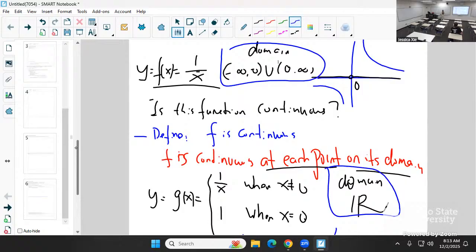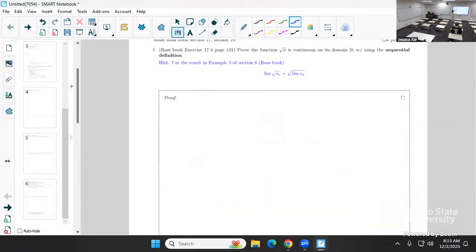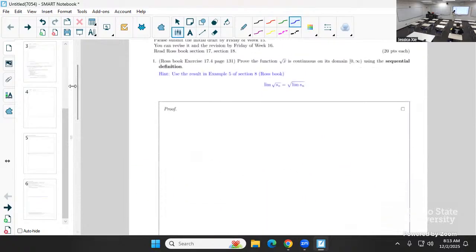So your domain is very important. You have to look at the function first, then look at the natural domain of the function. So that's something we learned. Be careful with this one. For example, in calculus 1 or calculus 2, when we talk about 1 over x, we say there's a jump at 0, so by default you may confuse g of x and f of x, right?